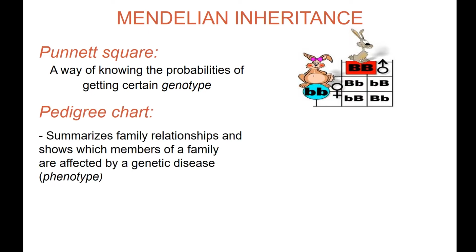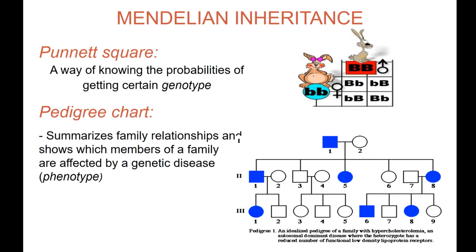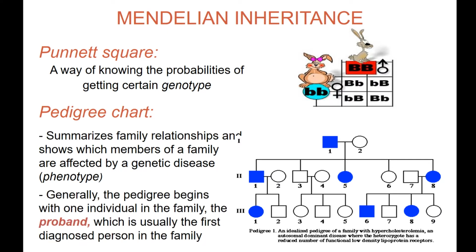Sometimes we need to do the pedigree chart. When you are counseling a patient for a genetic disease, you want to trace up the history of this genetic disease. So you start asking this patient, do any of your father or your mother have the disease, and then, can you remember your grandfather or your grandmother? And we keep tracing it and drawing this pedigree chart and trying to identify who was the first person in